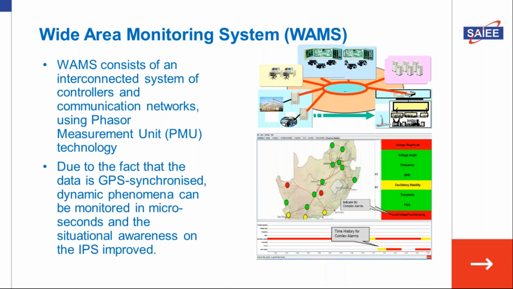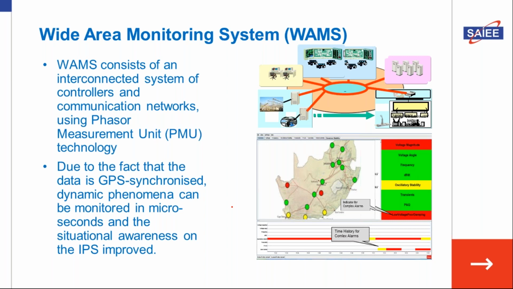What we have here is an IP-based connection, and we monitor at different points in the network. The observations we make are, for instance, voltage magnitudes, angles, frequencies, and the oscillations that I was talking about. We monitor them using these PMUs, so that we have a better view of the power system, because in a steady state